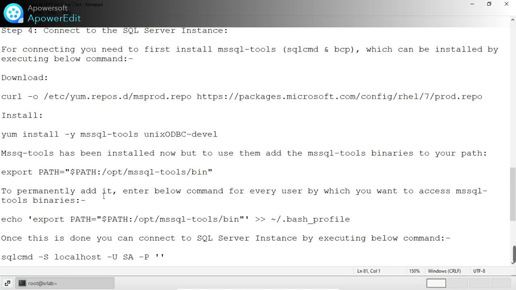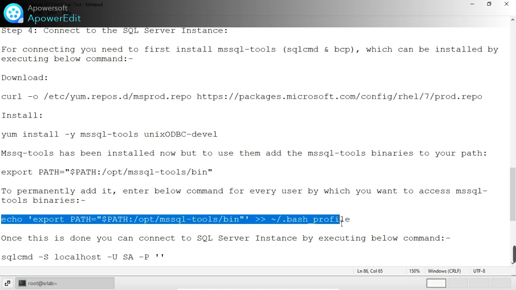Next, to permanently add it, enter the below command for every user by which you want to access the MS SQL tools binaries. You can do it this way also in bash_profile.